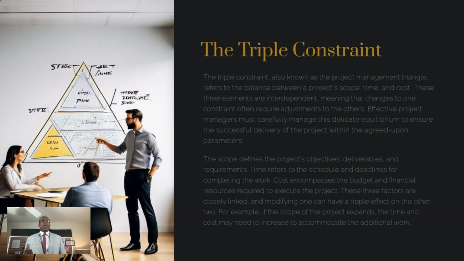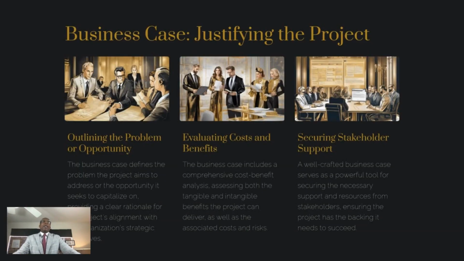Okay, if cost went up or was impacted, I probably need to look at my schedule. Probably going to need to look at my scope as well as quality, because somewhere else they may be impacted. And if they're not impacted now, they might be impacted down the line. So again, the triple constraints: scope, cost, time, and quality. Let's move on to our next one.